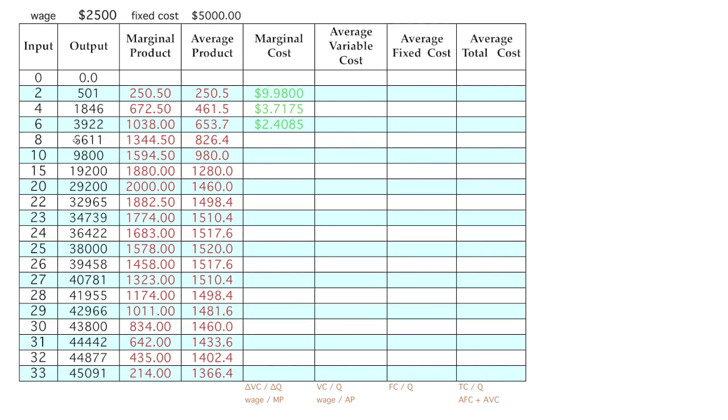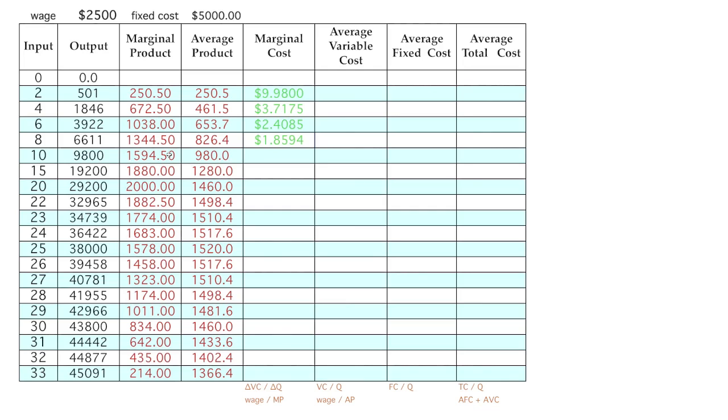Change in the output, if you want to find that again, is 2,689. 5,000 divided by 2,689, or take the 2,500 and divide it by the marginal product if you already have that, which is 2,500 divided by 1,344.5, which is going to give you this answer,